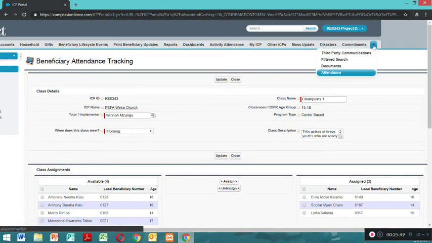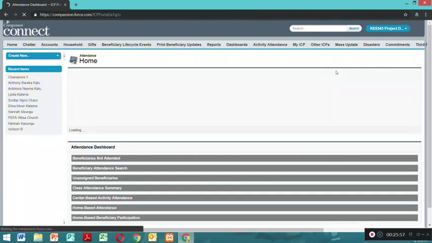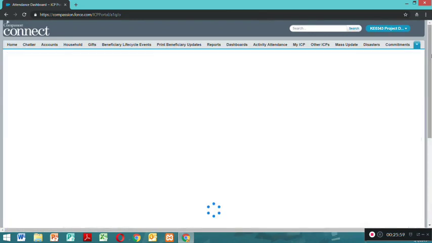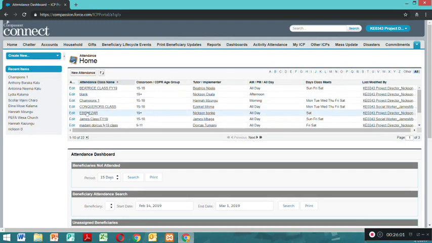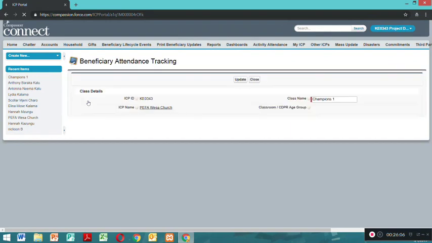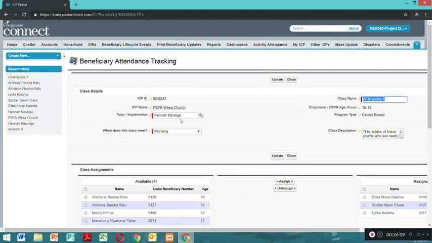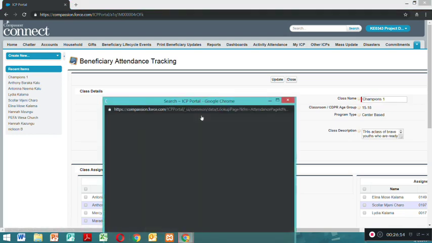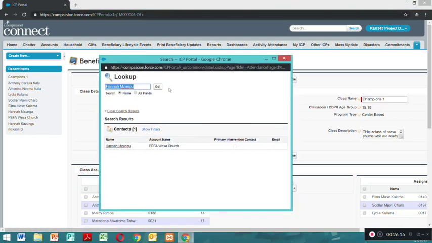So we shall come to attendance again because we want to modify a class. When you come to attendance, let's say we want to modify the class for champions, and this class, Madam Hannah left us again. She left us, but we have another teacher who we have already added in the system. So we will come and search that teacher. Let's say we have teacher Nixon